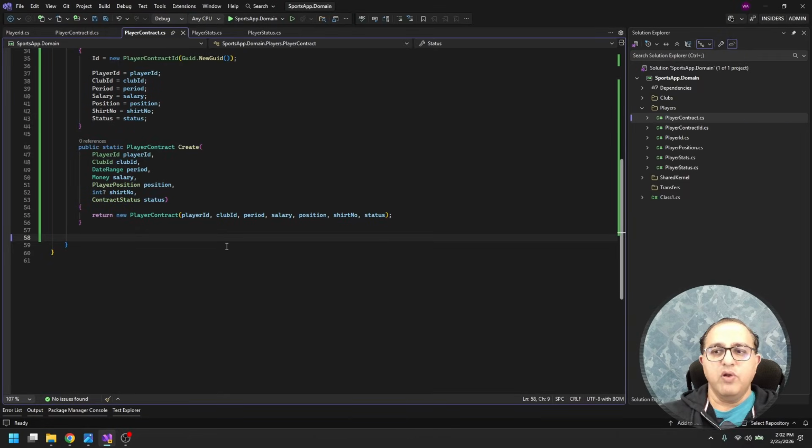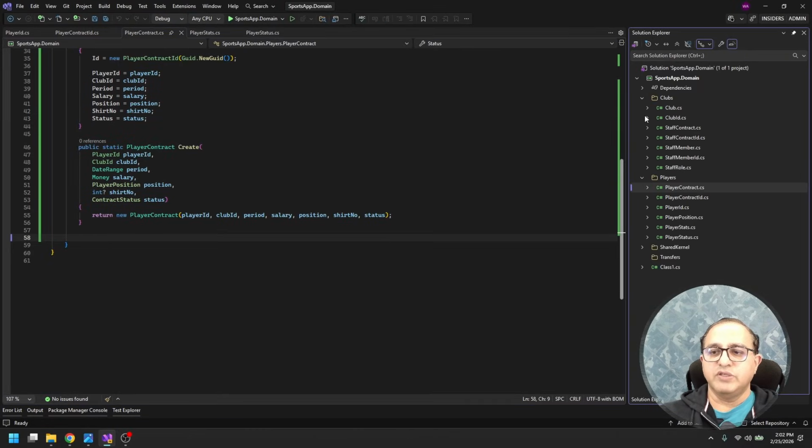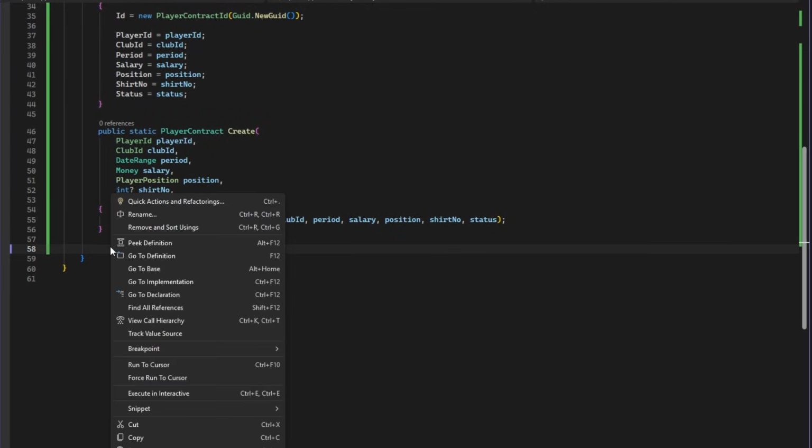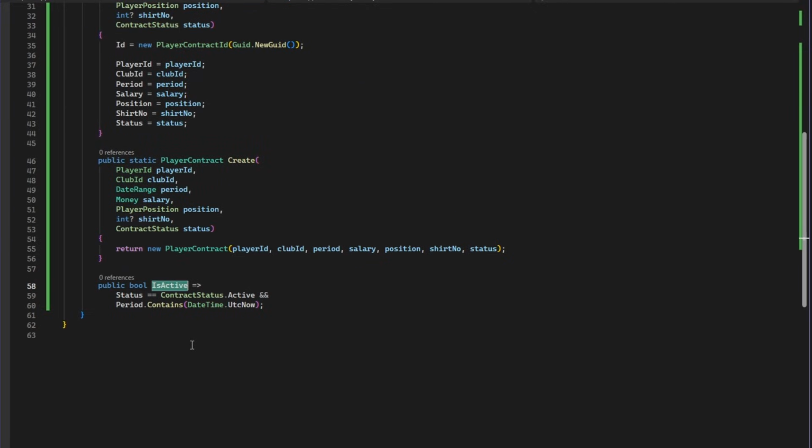If you remember, we have already implemented similar logic in our staff contract class. So let's open the staff contract class. And here is the property that you need in the player contract object. So let's copy this property from here and paste it inside the player contract object. Now this property will return the value true only if the contract is active based on these two conditions we